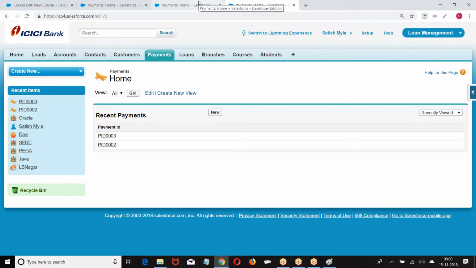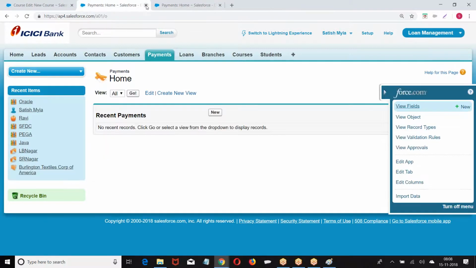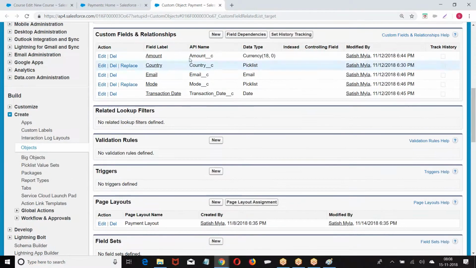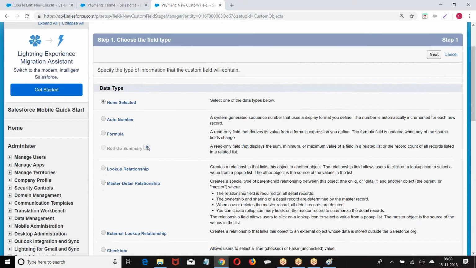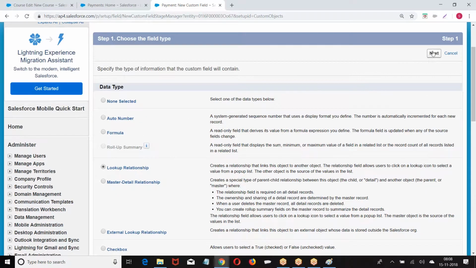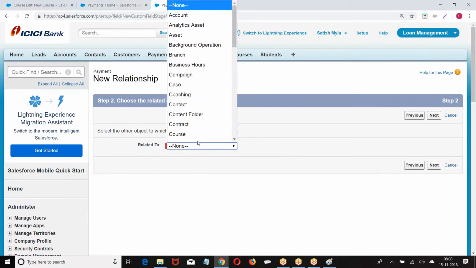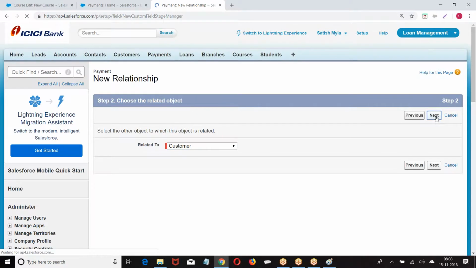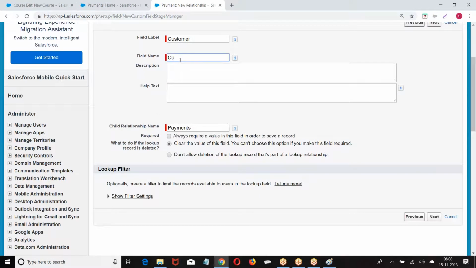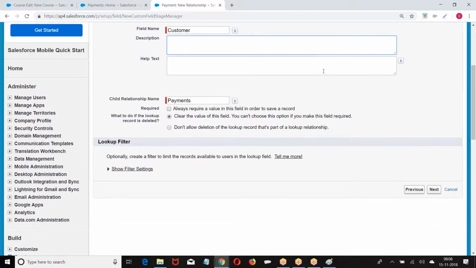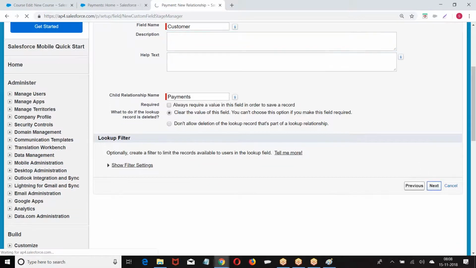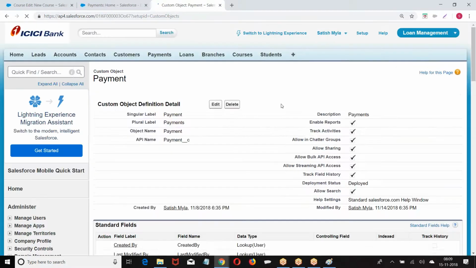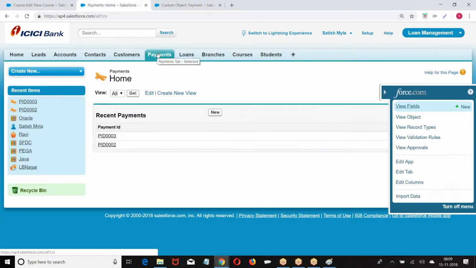Now the table which already contains data is asking us to create a master detail. So what I'm doing: go to the object, lookup relation, next, customer. So we created a lookup relation on the payment.